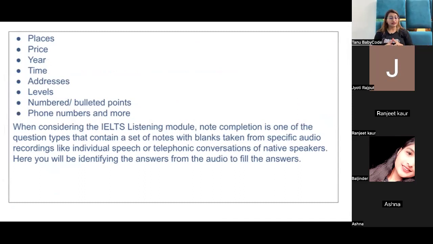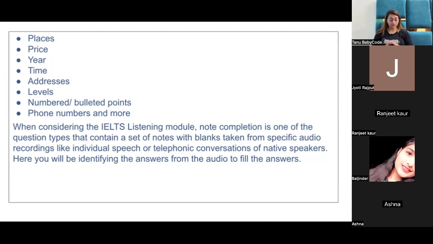So whenever you're considering the listening test, note completion is one of the question types in which there is a set of notes, and in it there are blanks, and they are taken from a specific audio recording. The audio recording can be any individual speech or a telephonic conversation of native speakers, right? And here what you have to do is identify your answers from the audio so that you can